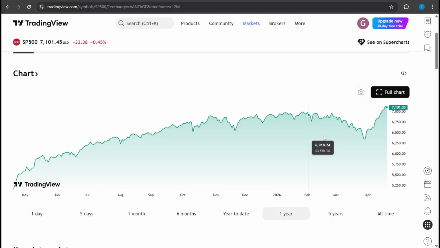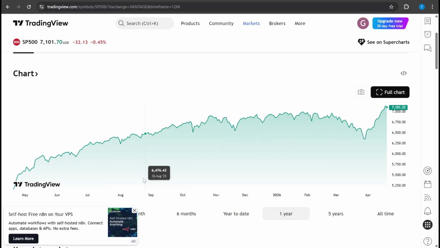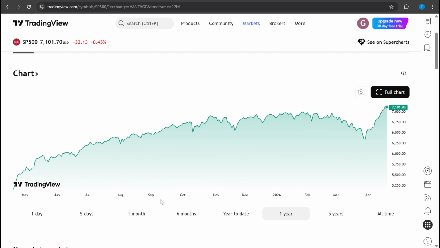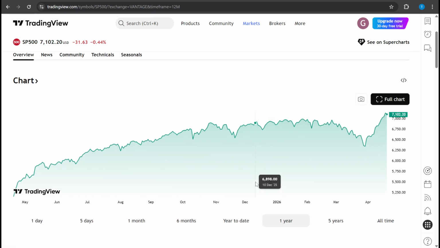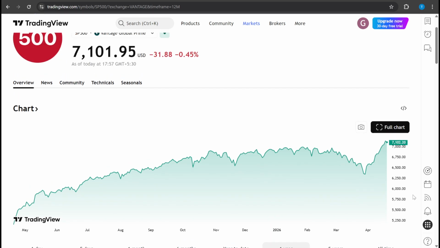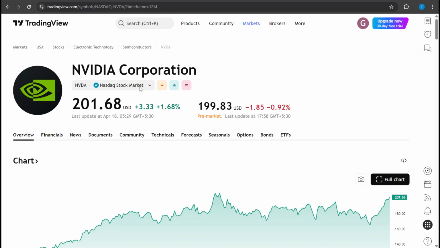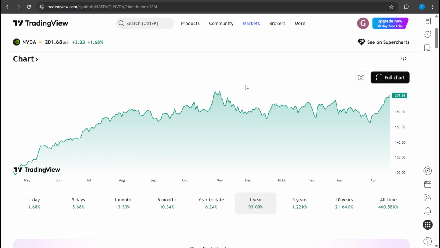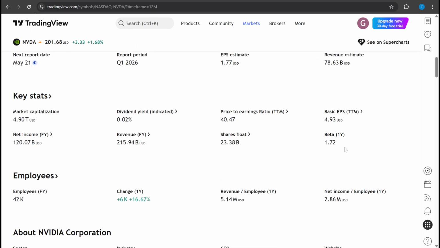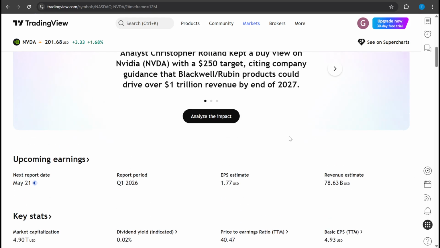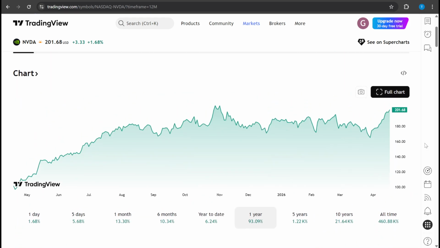Moving beyond that baseline, we find high beta stocks, which have a value greater than 1.0. These are categorized as aggressive investments because they amplify market movements. The reason for this is that they are more sensitive to economic shifts. For example, NVIDIA has a beta of 1.72. This means it is significantly more volatile than the market. If the S&P 500 rises, NVIDIA tends to rise much higher, but if the market crashes, NVIDIA is statistically likely